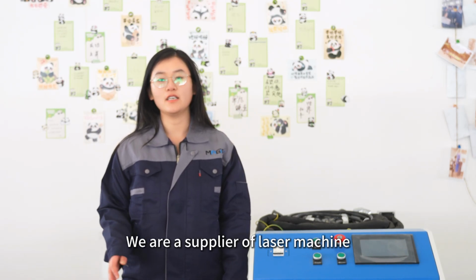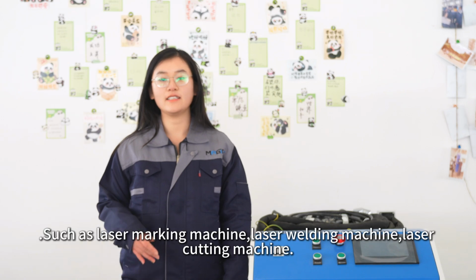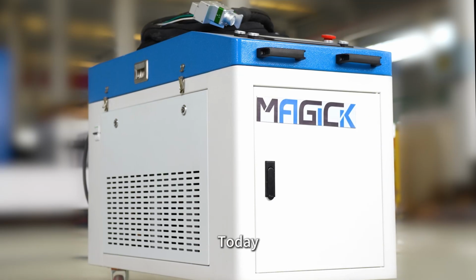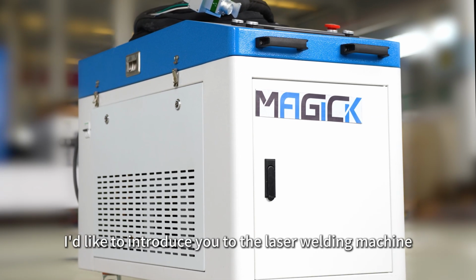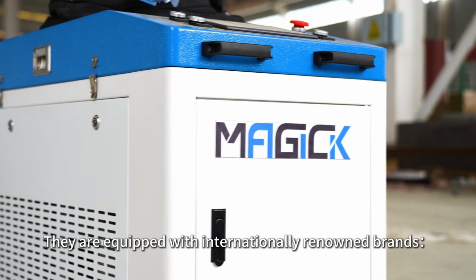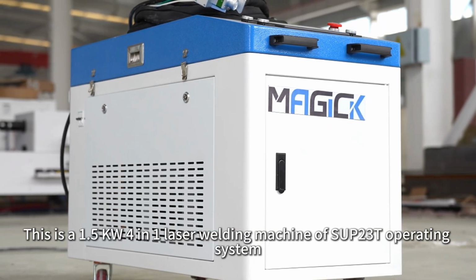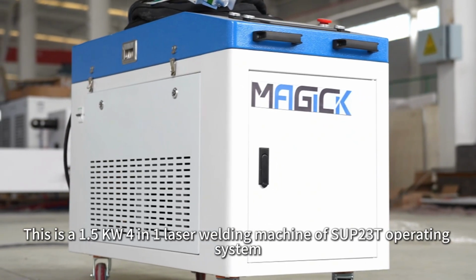We are a supplier of laser machines such as laser marking machines, laser welding machines, and laser cutting machines. Today, I'd like to introduce you to the laser welding machine. They are equipped with internationally renowned brands. This is the 1.5 kilowatt 4-in-1 laser welding machine of